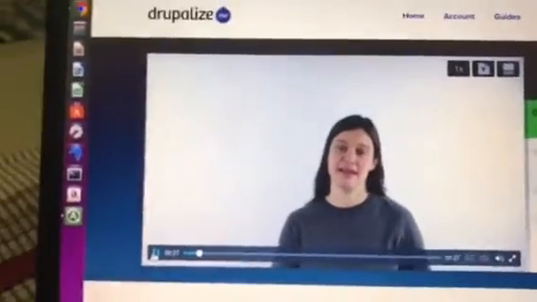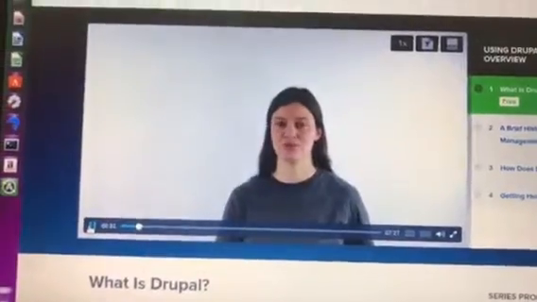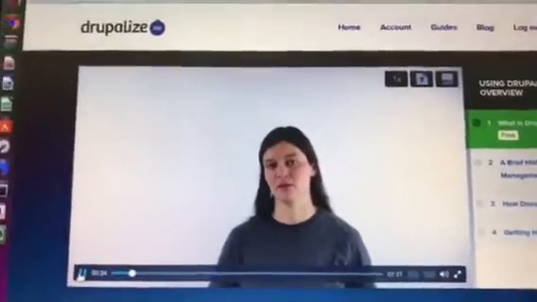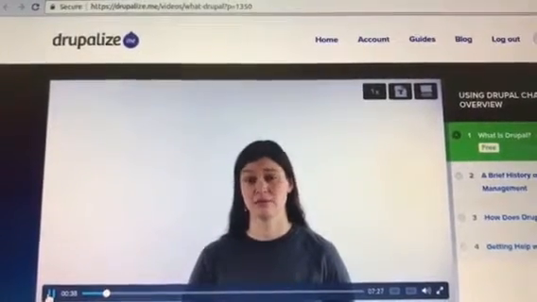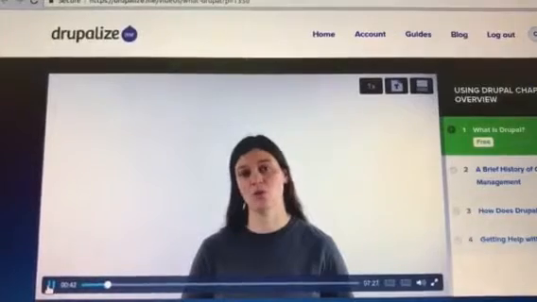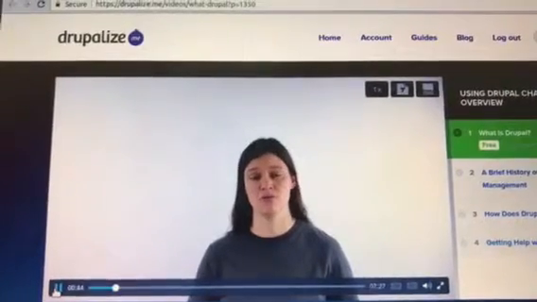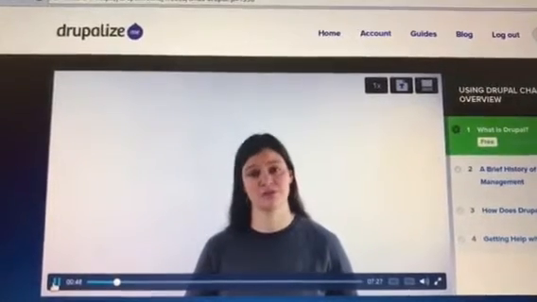fits into that. Then we're going to break down the major components of Drupal and talk about the building blocks that all Drupal sites are going to have to be built with. Then we're going to finish it up by looking at resources so that you know where you can find more information on your own, get in touch with the community, and get help as you start on your journey building